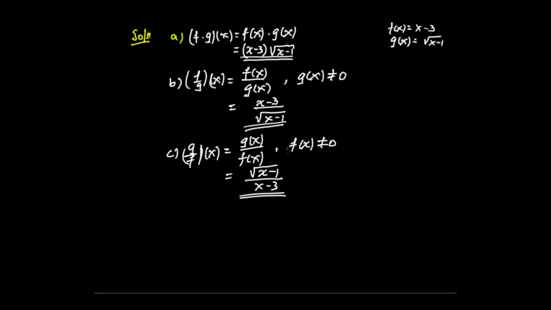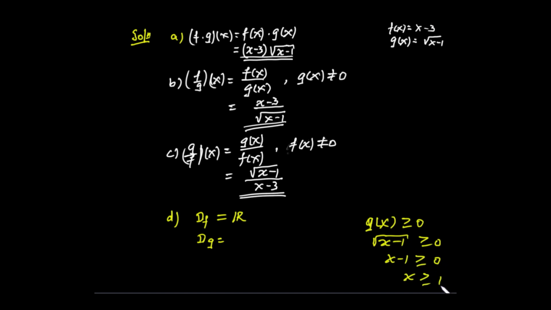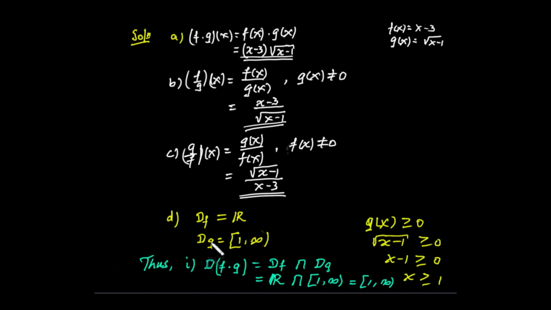አሁን ዲ ላይ የተጠየቁ ጥያቄዎች አሉ። ዲ find the domains of these three combined functions። ስለዚህ እነዚህን ዶሜን ለማግኘት የእያንዳንዳቸውን ዶሜን ማግኘት ይጠበቅብናል ማለት ነው። ስለዚህ let's find the domain of each። okay domain of f of x, x minus 3 ነው። ሊኒየር ነው። ይሄ ምንም ጊዜ የሚፈጅ አይደለም። for a linear function the domain is the set of all real numbers። ሁለተኛው ደግሞ square root function ነው። ስለዚህ square root must be positive or 0። ስለዚህ square root of x minus 1 must be greater than or equal to 0። g of x must be greater than or equal to 0 ብለን መሄድ አለብን። ይሄ እንዲሆን ደግሞ ውስጥ ያለው x minus 1 must be greater than or equal to 0። x is greater than or equal to 1 የሚለው እናገኛለን ማለት። ባጭሩ ስንጽፈው 1 up to infinity including 1 ማለት ነው። ከአንድን ጨምሮ ከአንድ በላይ ማለት ነው።